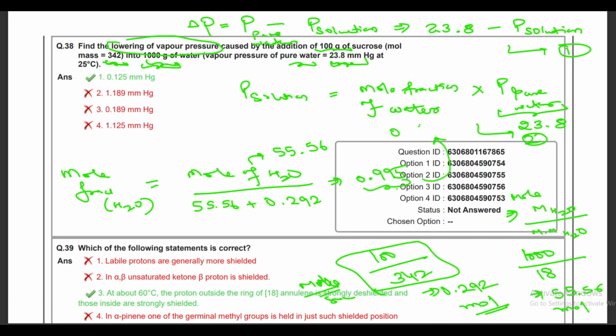Mole fraction of water is 0.995. So when you multiply it, you will get the answer 23.6 mm of mercury. Clear? Now this is the pressure of your solution, that its value you found,